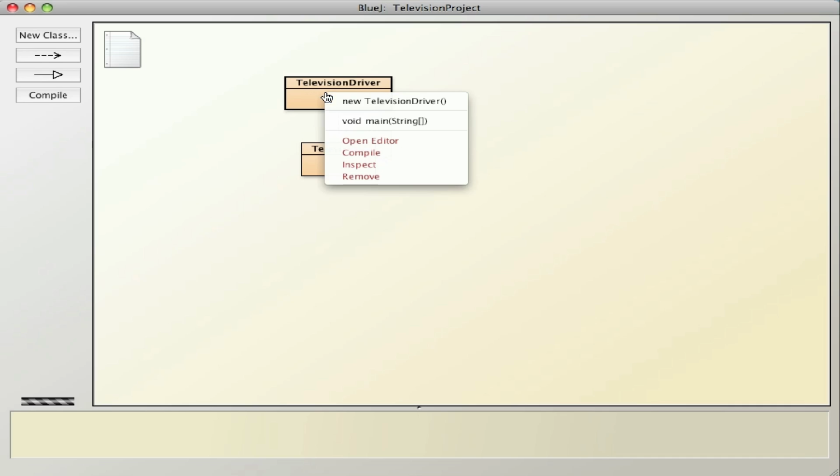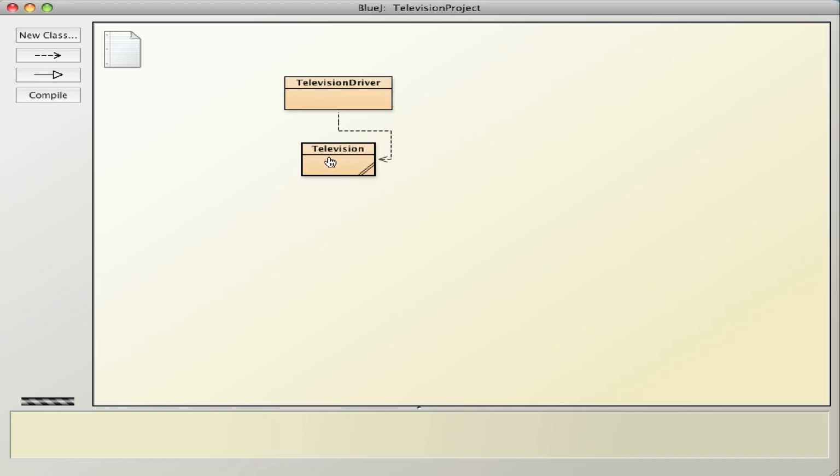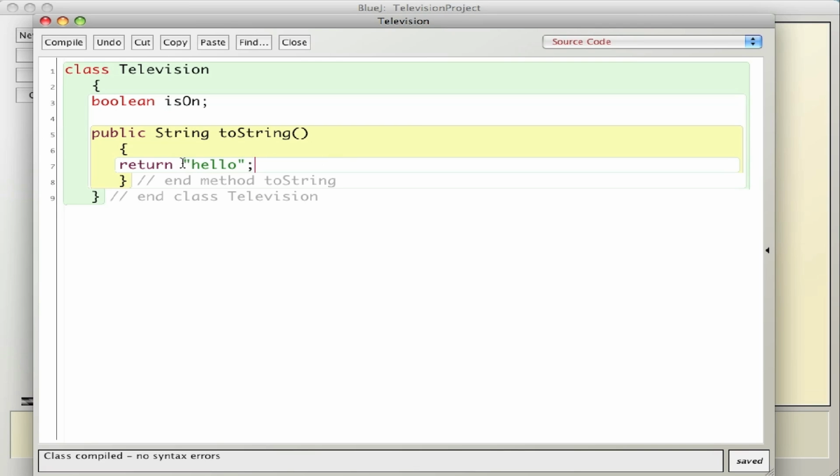Compile and run. So printing a television, or turning a television into a string, means right now hello. Okay, so that's what it does. That's how it works. What I want to do, let's see, when I want to print out a television, what would I want to say? I'd want to say return this television is